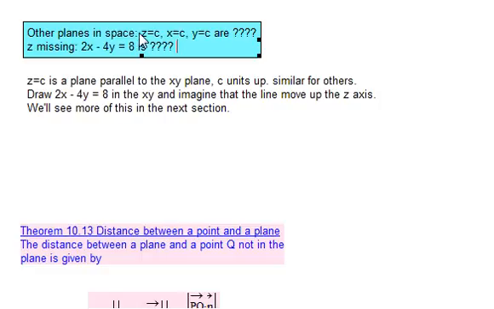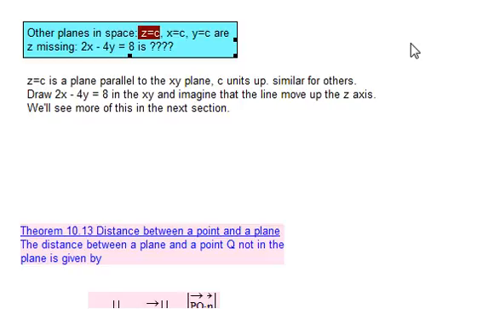So what would the planes z equals c, x equals c, or y equals c be? Y equals a constant, x equals a constant, z equals a constant. Or what if we have a missing variable? This is a plane obviously, but we've got a variable missing. What then? Well, z equals c is a plane, and you could say, well,